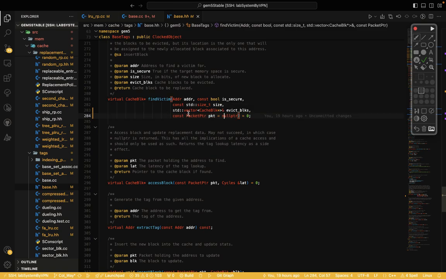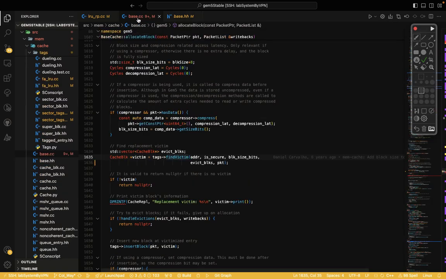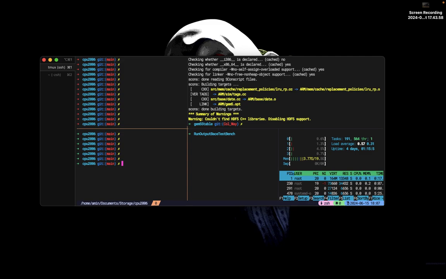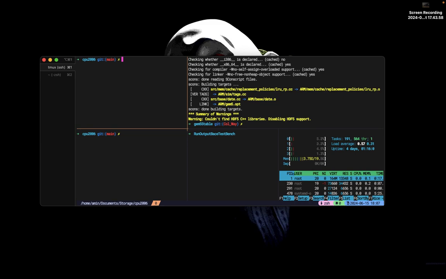Okay, when we change this function, we need to compile Gem5 and check the output result. Here I will show you how we compile, but I compiled this before because this will take a long time, since you change the object of the packet.